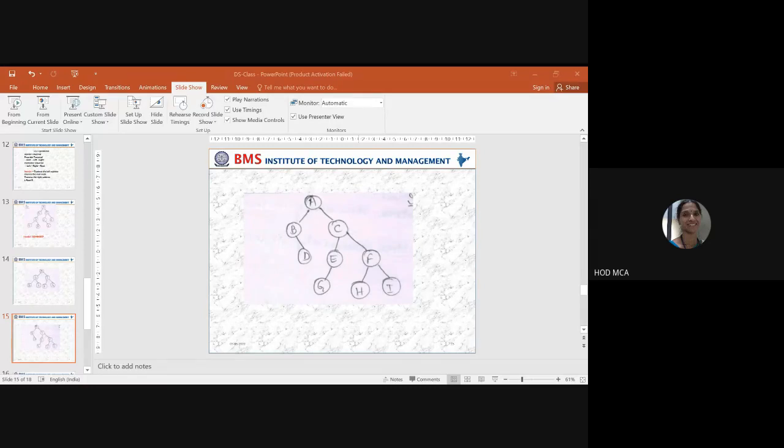Try in-order for that tree and post it in the chat. Okay, Akash has given some answer: BDA, BDAG, EC.